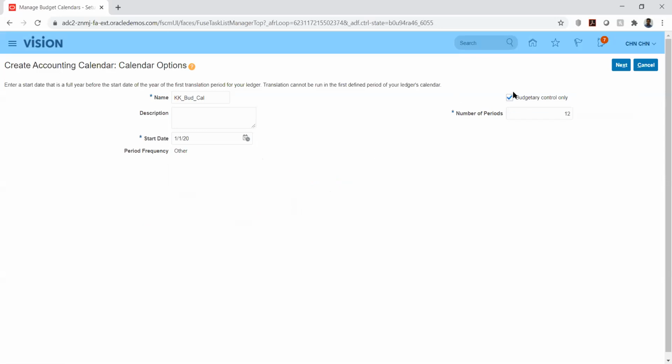I have just selected the budgetary control only and I have given the number of periods, that is 12, that is a monthly budget. Or if you wanted to have it on a quarterly basis, maybe we will have to give 4.